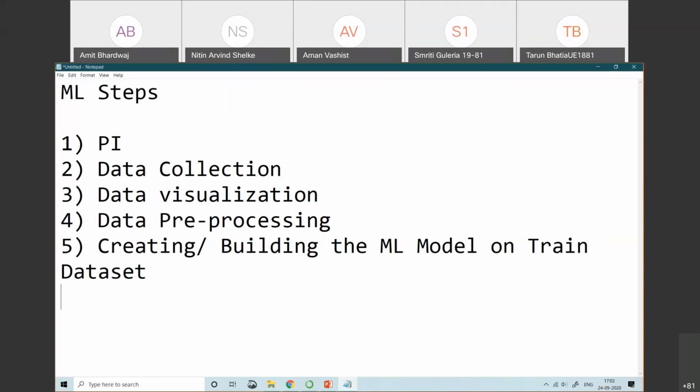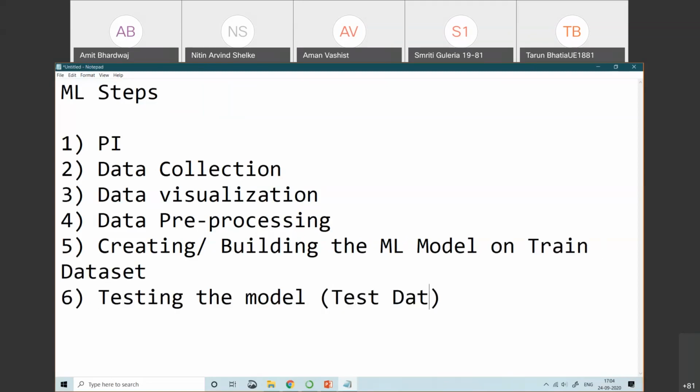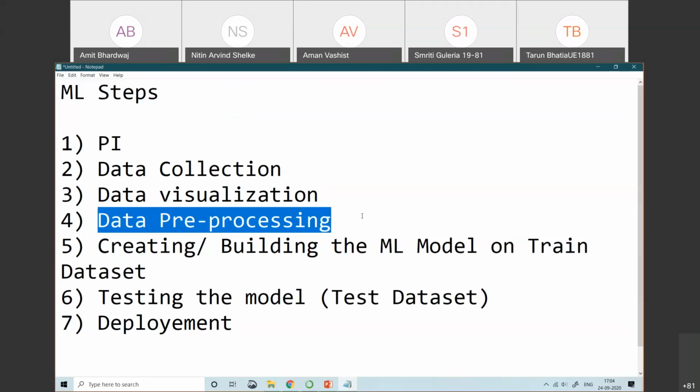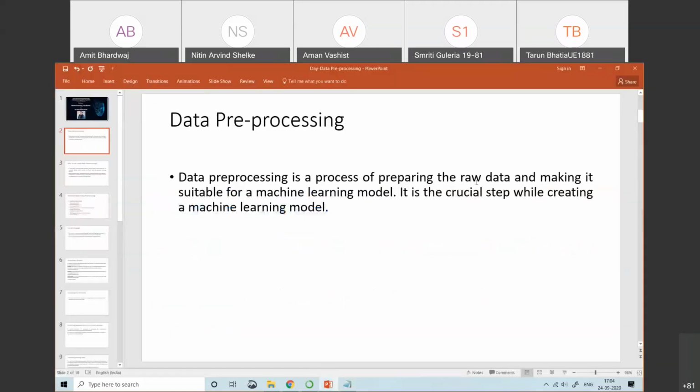The next step that we have is testing the model. And testing should be done on the test data set. And the last one is the deployment. Okay, so out of which today I'm going to cover this part, that is the data pre-processing. One of the important steps it is.